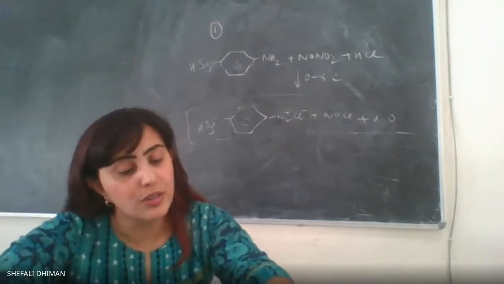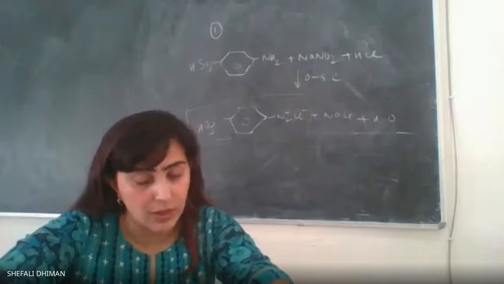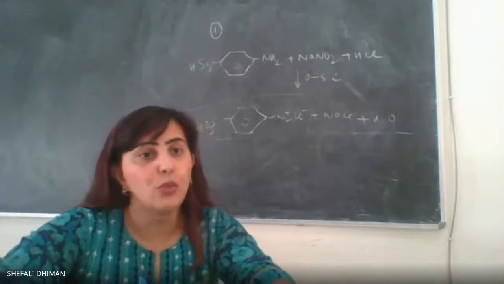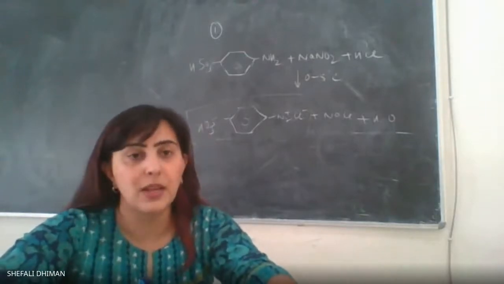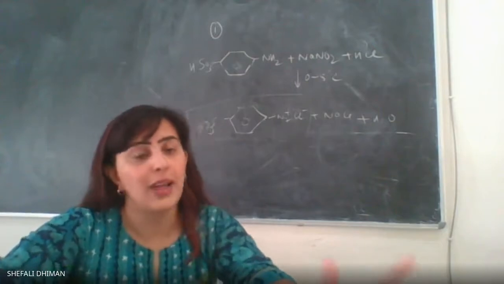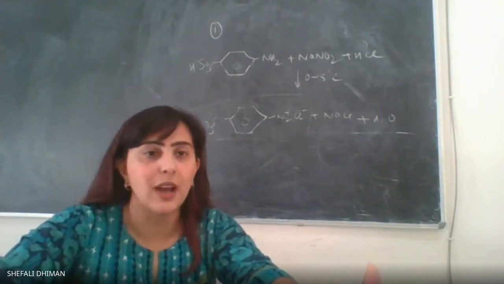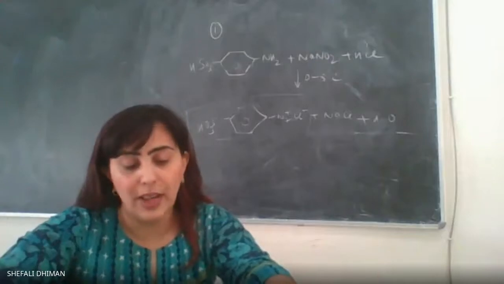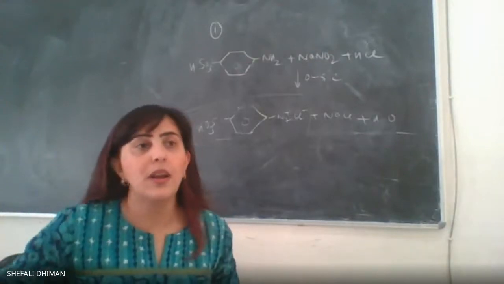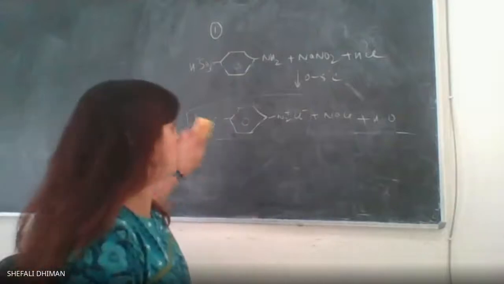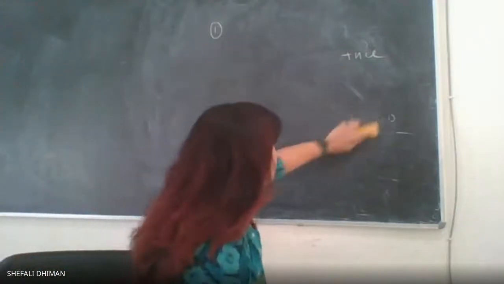Then you would crystallize it from water, and then you would filter it, you would dry the precipitate, you can weigh it, and you can calculate the percentage yield like we have done for all the other reactions. So you would find that it is going to be a beautiful orange color crystals. So this is the first step.